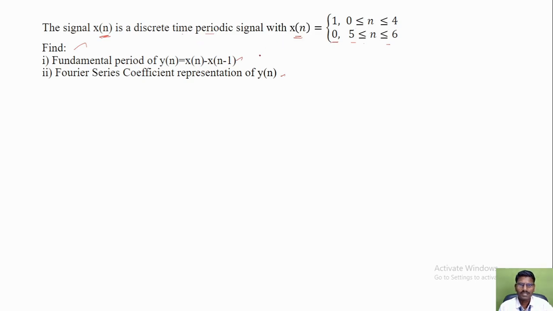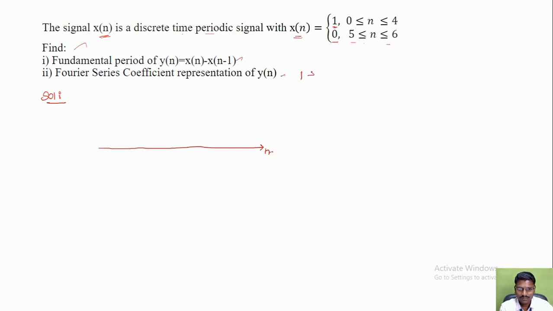First let me draw the signal x of n for the given intervals. This is my x-axis. Let us assume this is n, because n denotes the discrete samples. So the amplitude 1